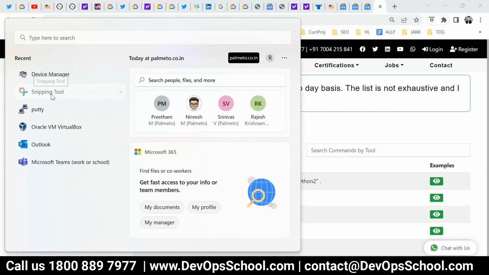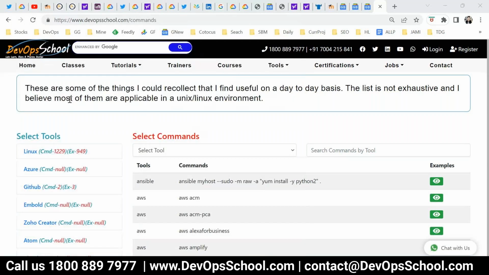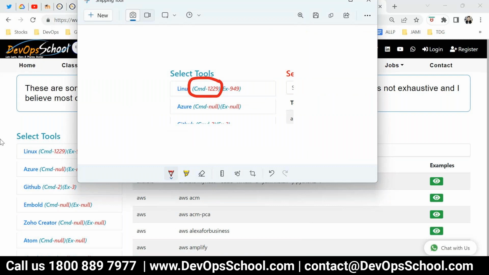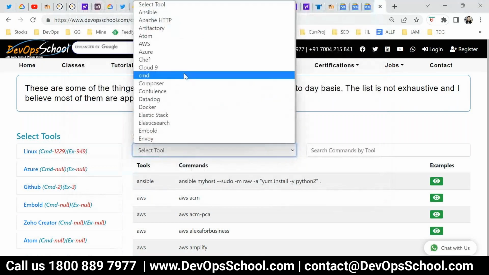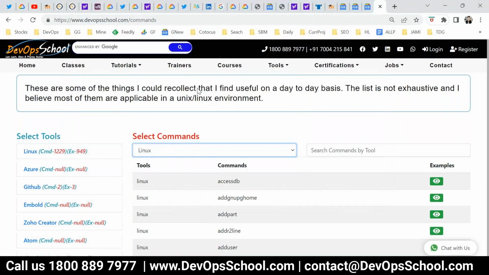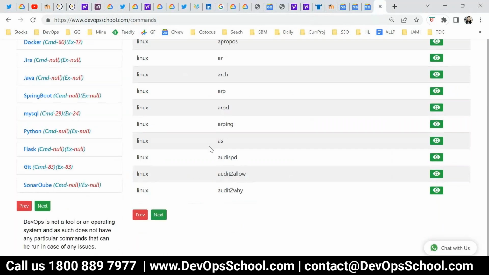So many commands or tools or utilities we have. What I did was, whatever utilities and commands we had in Linux, I uploaded them here. This many commands. So if you go to this place, Linux, you see a lot of commands and utilities are there.